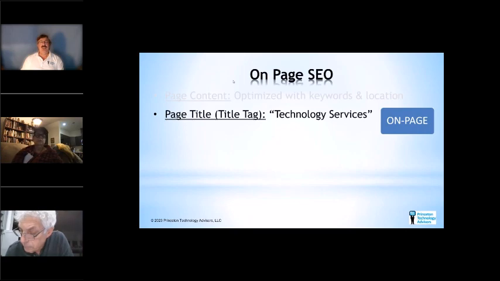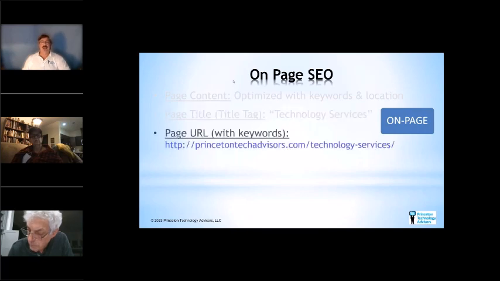Also, there are some hidden fields in your website. One is called the page title. It's not the wording at the top of your web page, although it sounds like it, but inside it's got some hidden things. And one is called the page title. And if you don't know these hidden fields are there, you leave them blank, or you leave them with whatever the tool came with. So you're going to want to make sure that you replace them. So as you edit the pages in these tools, make sure that you can find the section to add tags. They don't have to be full sentences, but they do have to be spelled correctly. They don't need to be grammatically correct, but you have to have good words that match.